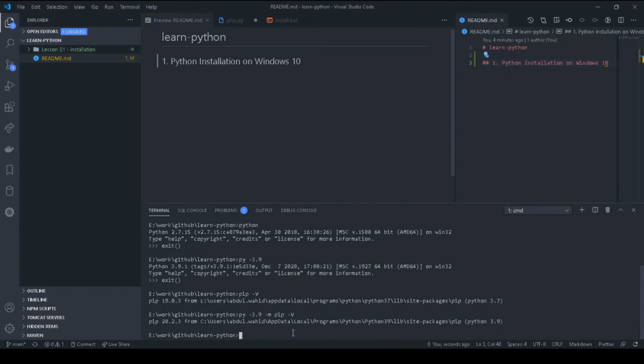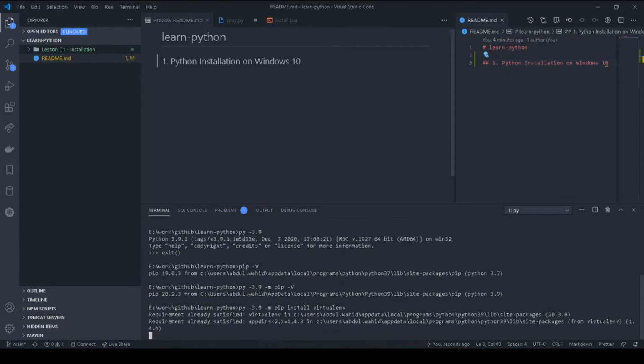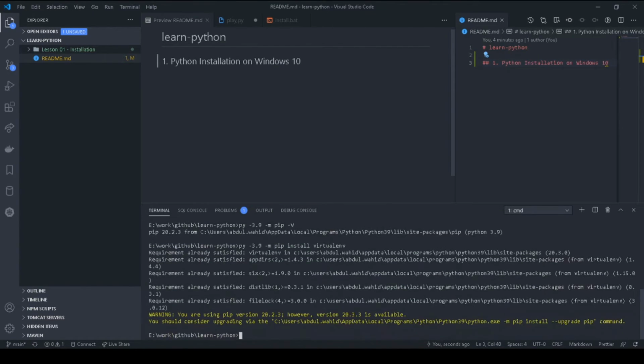Yeah, you can see this time it is from the 3.9 version. So to install virtualenv, we will use the same command. Okay, virtualenv is installed.